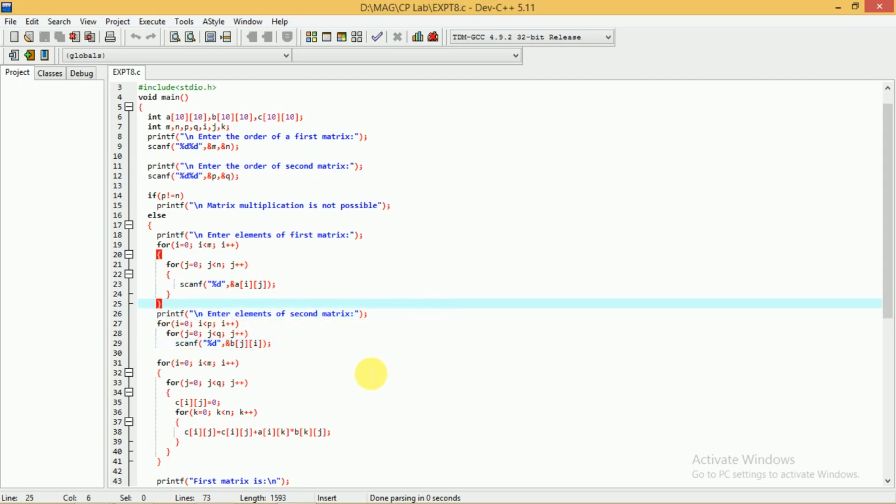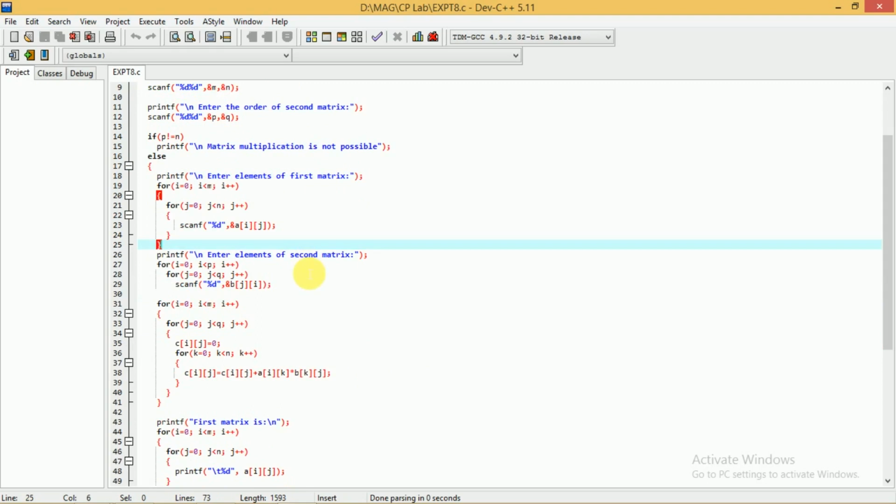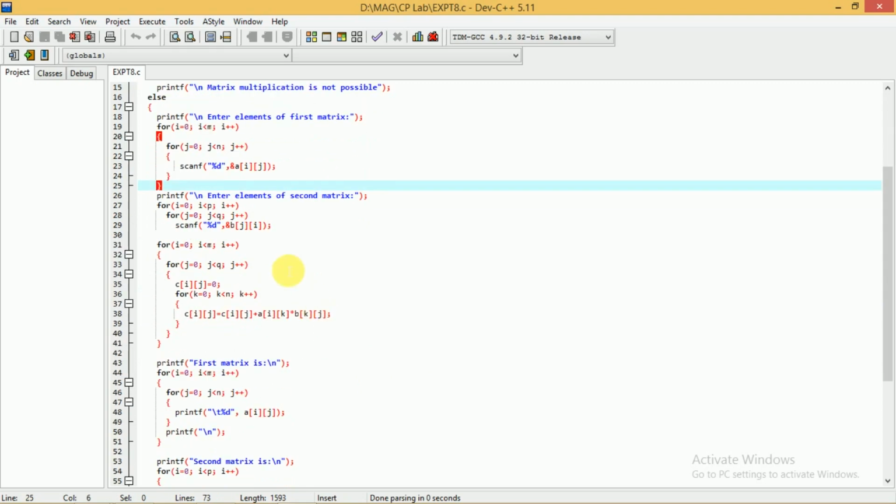Okay, so once you read both the matrices, the next task is to perform the matrix multiplication. To perform the matrix multiplication, it is very easy. You should know the order of the resultant matrix. When you multiply two matrices of order m by n and p by q, the condition is that n should be equal to p.